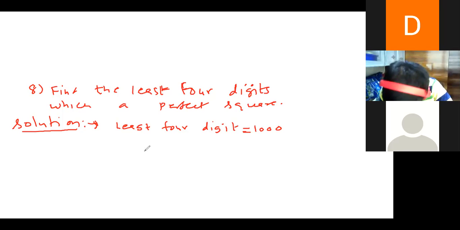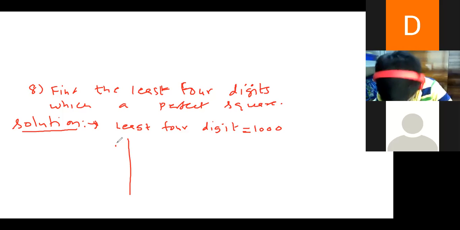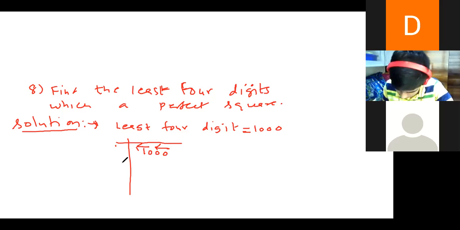You might have got till 30. Then the next one is 31. Correct? Yes, sir. Let others also do. Shreyash, you got it? Yes, sir. Finished. What is the answer, Shreyash? 1239. Okay. Ninth one.